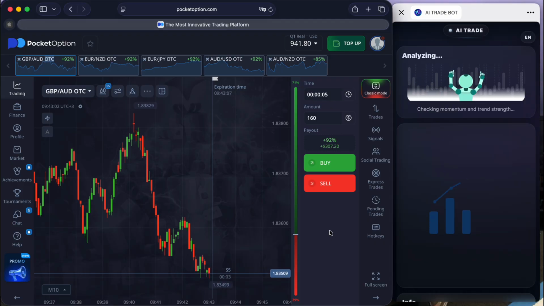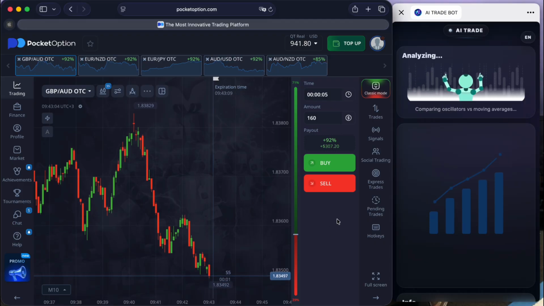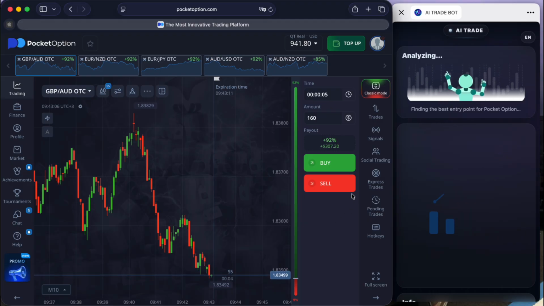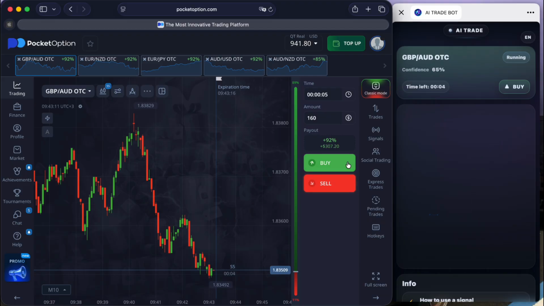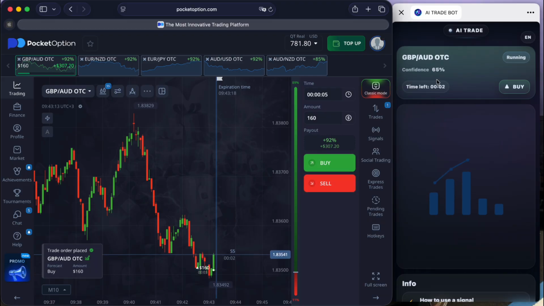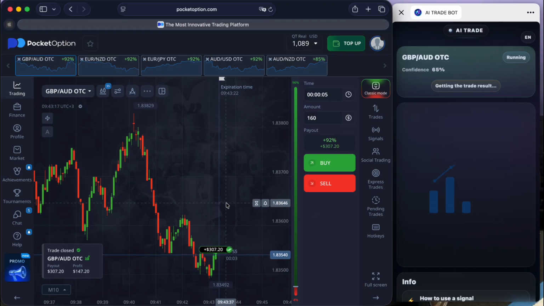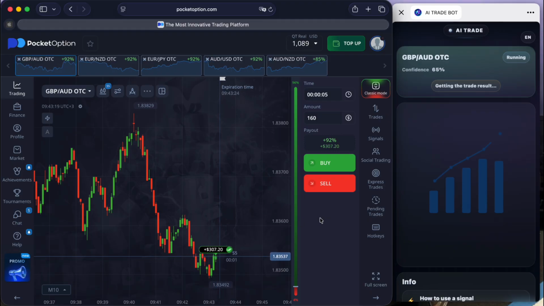I'm requesting a signal on the British pound and the Australian dollar. The payout on this asset is also 92%. We are trading on increased profitability. I am waiting for technical analysis, and there is a buy signal. In the lower range, 65% confidence opens the upward trend, and a sharp impulse allows us to add $500 to